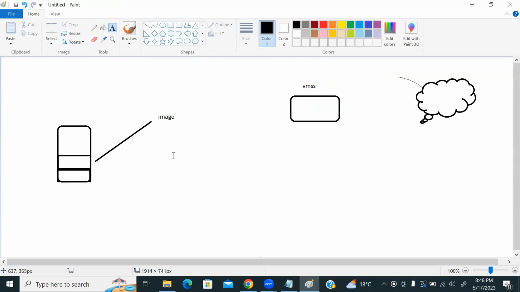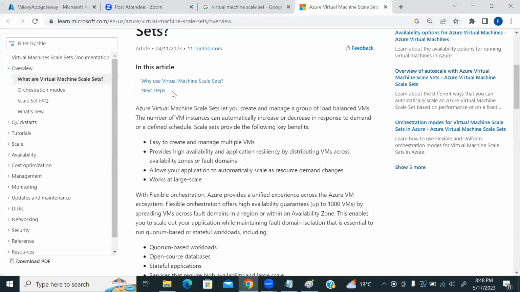So now what we need to do is create a VM, and we'll take the image from that. And once we take the image, we don't need this VM. Then with this image, we are going to create a virtual machine scale set. Okay. So now I'm going to create a